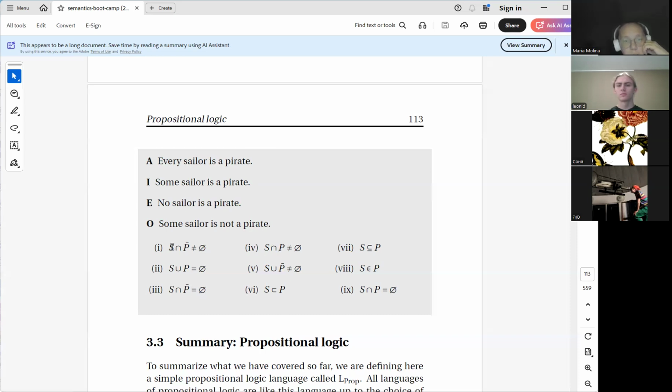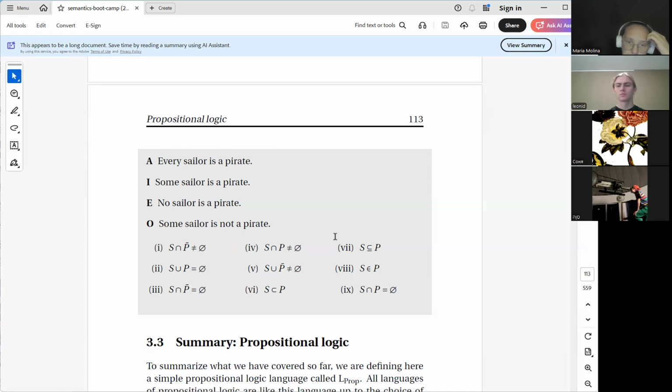We do not talk about a set of sailors and a set of non-pirates, though in this case they are equivalent. Yeah, same here. Though number 3 and number 7